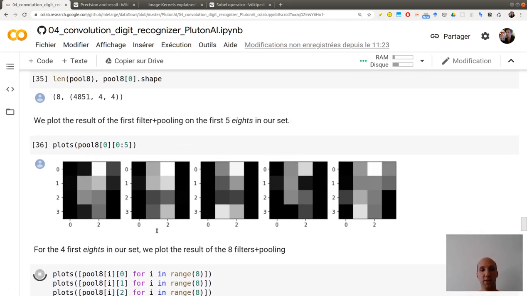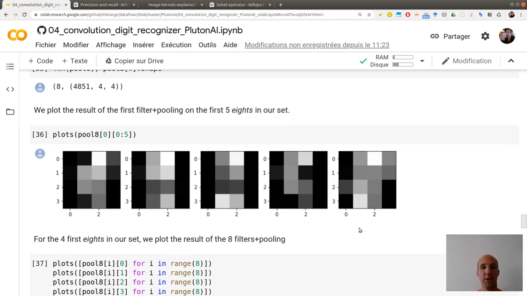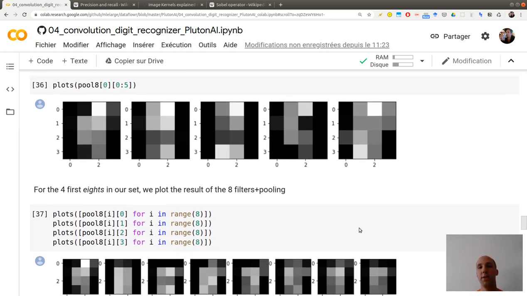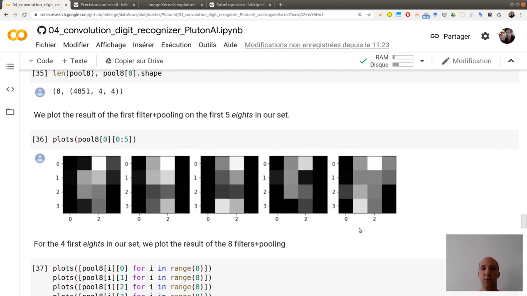If I look at the output of my first filter, which was top, followed by the pooling, on the first 8 in my set, I'm obtaining this picture. But this is only the first filter.